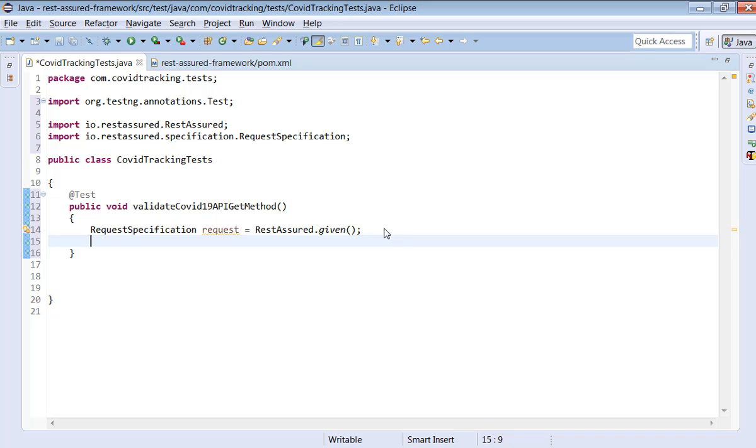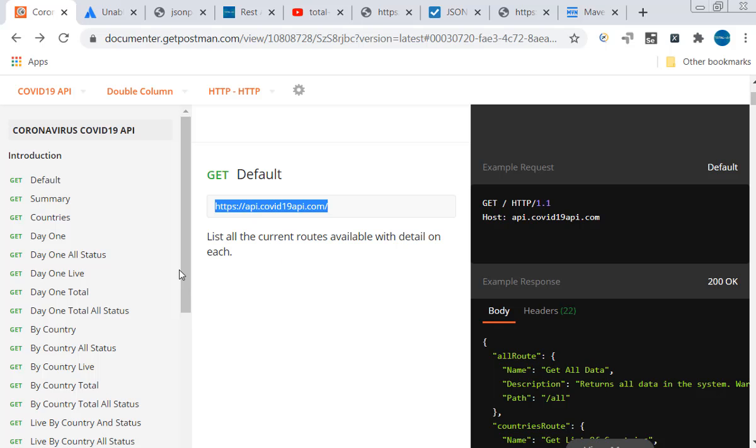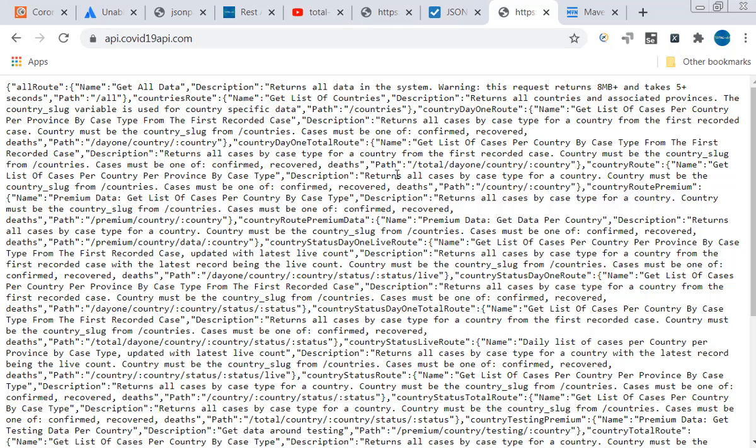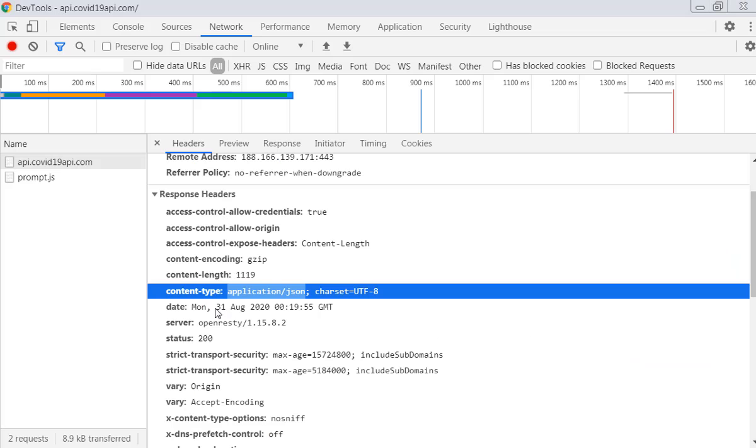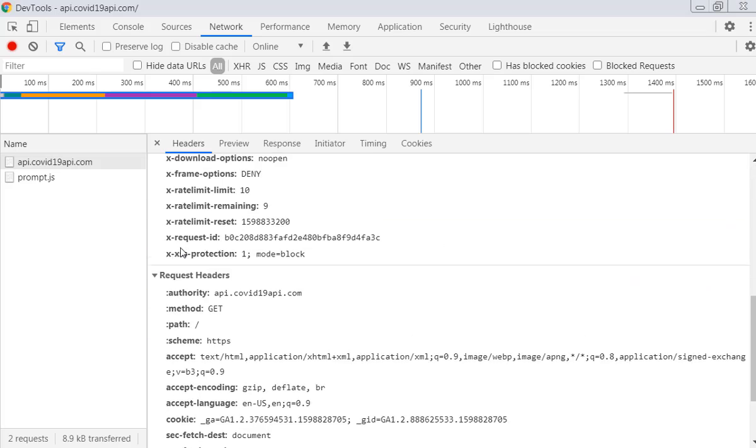Now once we created this, we have to understand, do we need to add any request headers? Right. Suppose, for example, if you look here, when you send the request and when you look at the request headers, these are the request headers.